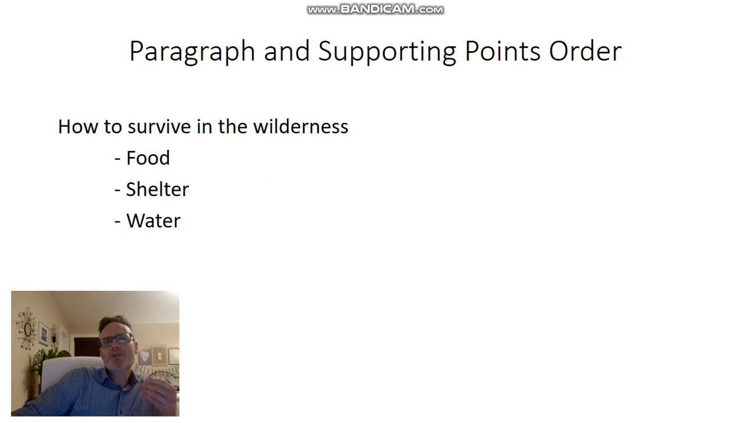All right, you might also want to consider paragraphs and how you organize them. One student this year wrote about surviving in the wilderness, and she put that the first step was to find food, the second step was to find shelter, and the third step was to find water. That might not be the best way to organize those 3 main point paragraphs. Ask yourself this: what's the priority? What is the best way to organize